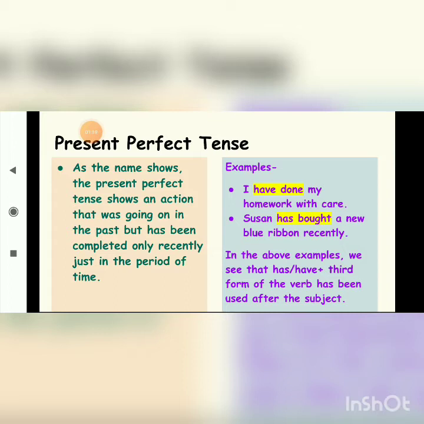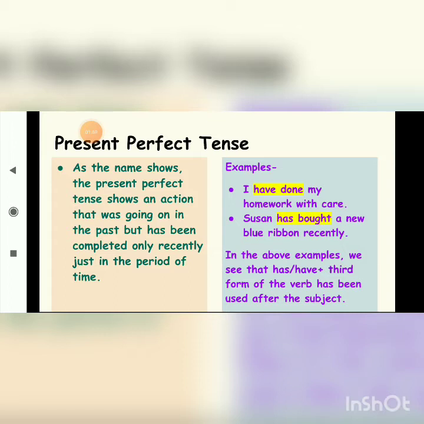So what does it mean, students? It shows an action that was going on in the past but is completed recently in the period of time. So that is what present perfect tense is. Examples have been given, students. First one, I have done my homework with care, and second one is Suzanne has brought a new blue ribbon recently. In the above examples, we see that has/have plus the third form of the verb has been used